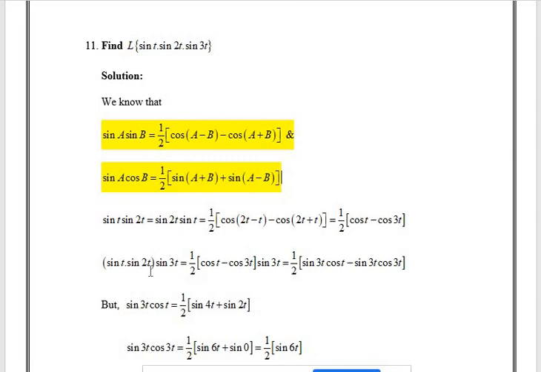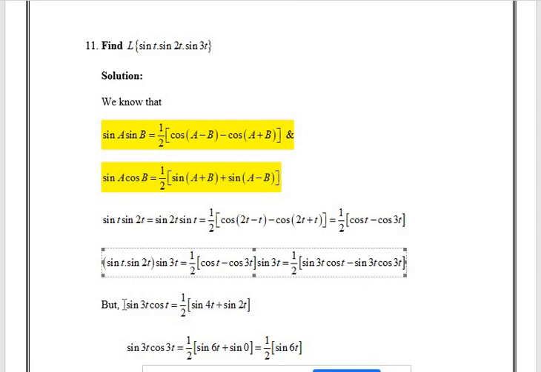That is sin t into sin 2t is half into cos t minus cos 3t. So in the place of sin t sin 2t, we have written half into cos t minus cos 3t, and this sin 3t as it is we have taken. Now this is nothing but half into sin 3t cos t minus sin 3t cos 3t. See, we have multiplied this term, this middle equation. Half into cos t minus cos 3t into sin 3t. When you multiply, we will get half into sin 3t cos t minus sin 3t cos 3t.